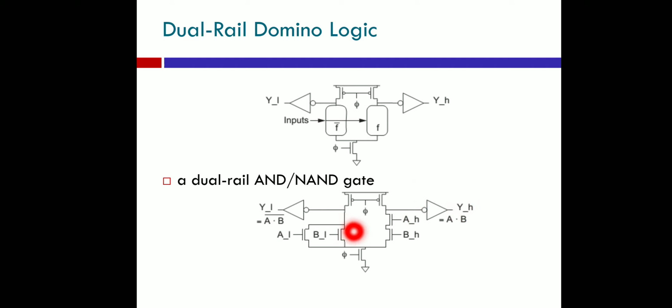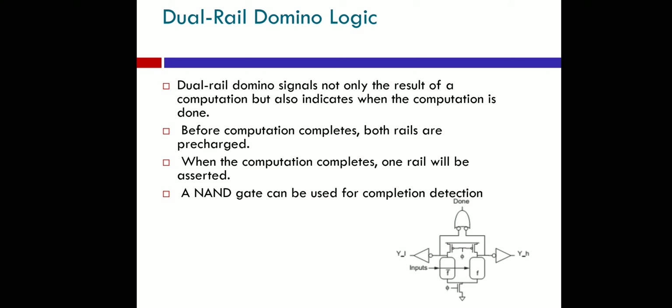Now this is A bar plus B bar. So that becomes, after this inverter, AB bar, right? So from the same circuit you get AB and AB bar. So that is the same thing.